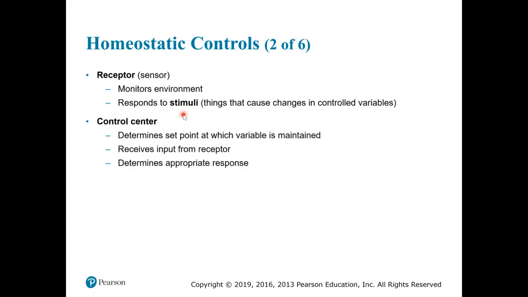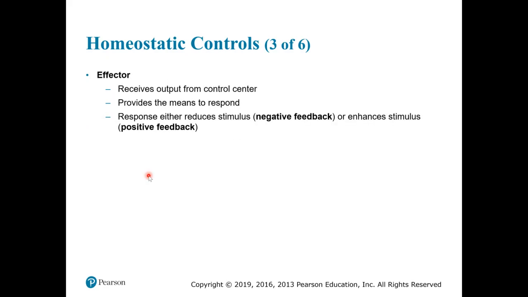And the control center, now in the thermostat example, we get to decide the set point. But the control center for body temperature is in the hypothalamus mainly, which is part of the brain. Most of these control centers are in the central nervous system, that compares the current value for the variable to its set point, what it's supposed to be. So for body temperature, that's 37 degrees Celsius. And then it determines the appropriate response and sends a message out to the effector, which then